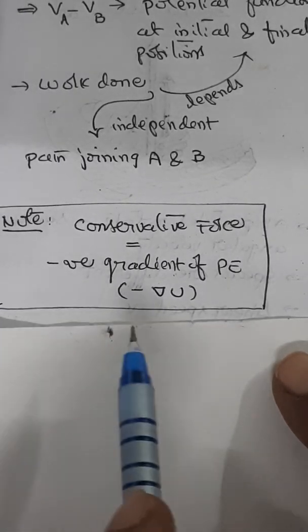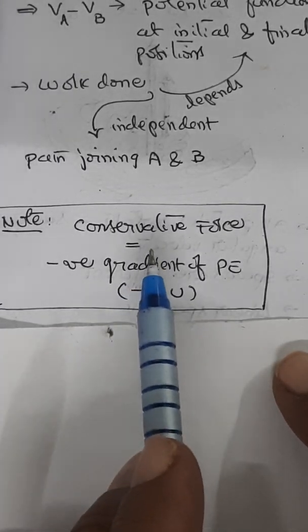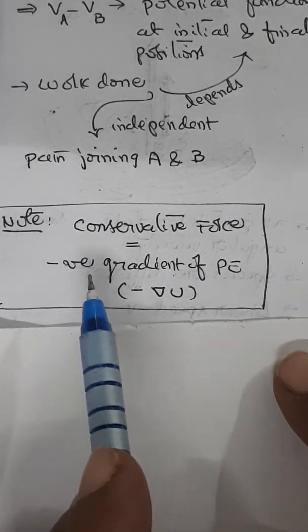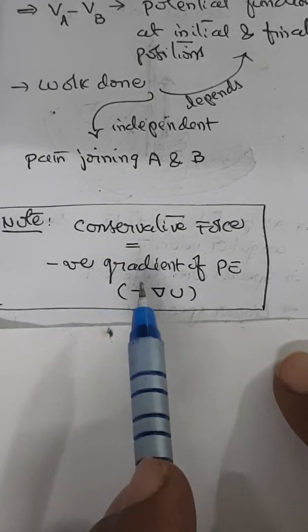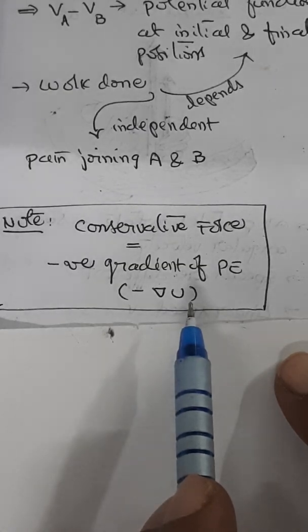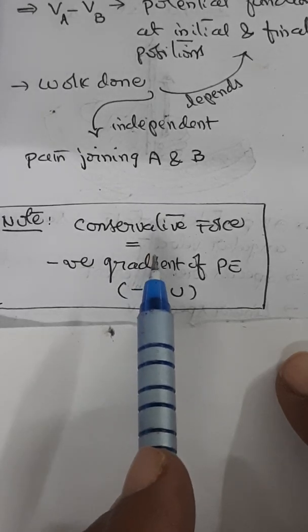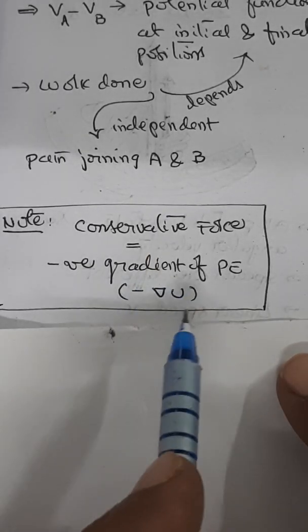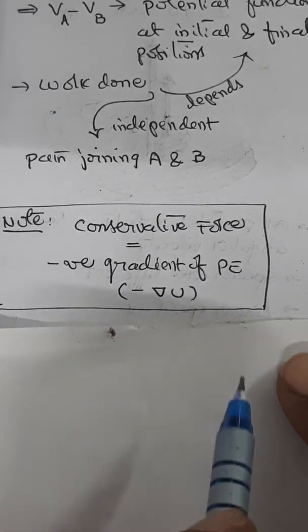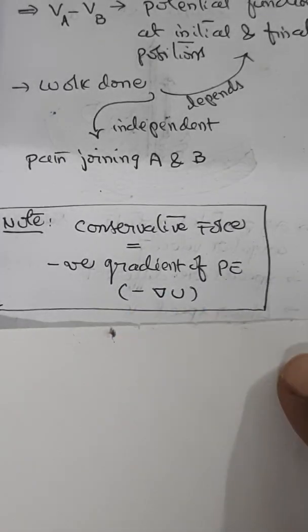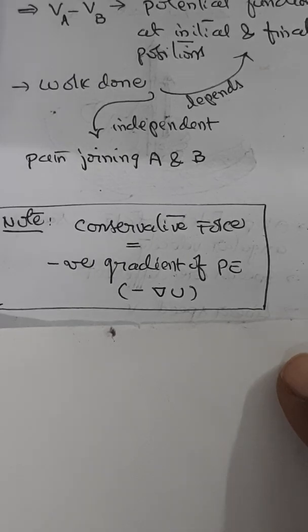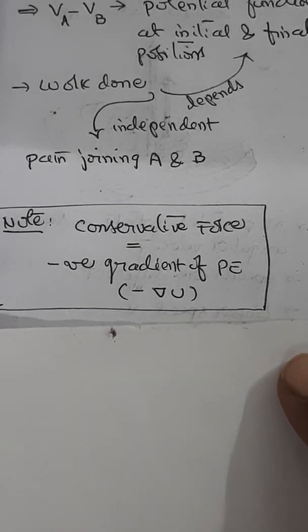Having understood the nature of the conservative force, let us show how this conservative force can be equivalent to the negative gradient of the potential energy. This is what we are going to show. When the force is conservative, the potential energy is generally represented by the alphabet U. Potential energy is nothing but work done. Force is F, displacement is ds, let us say, or dr. Work W is equal to F into S, that is F into dr. So work is nothing but energy, and in this case, energy is potential energy.